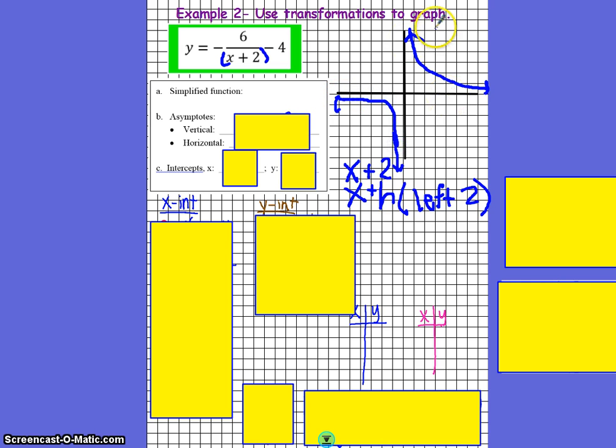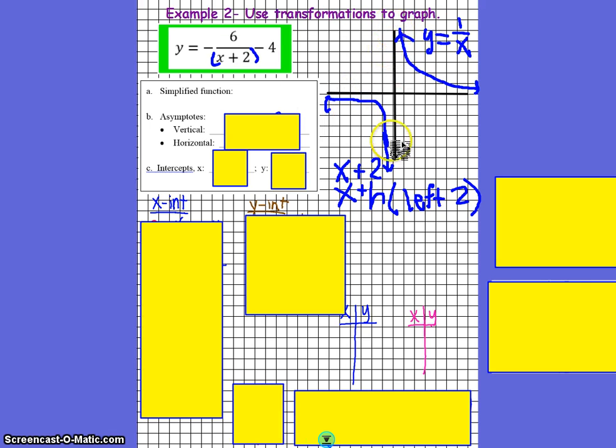So in blue is y equals 1 over x. We're going to apply the transformations to shift this graph and graph it appropriately. If the graph is shifted to the left 2, this is going to move our vertical asymptote. Our vertical asymptote was previously the y-axis, but now for this example, the graph is going to move left 2,